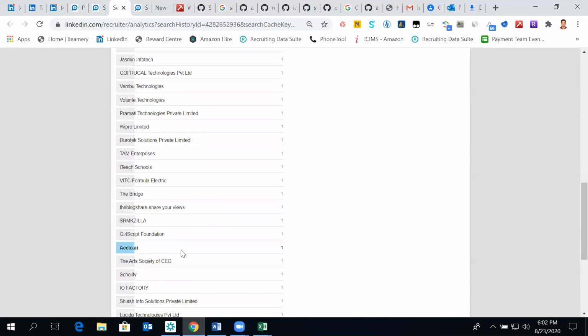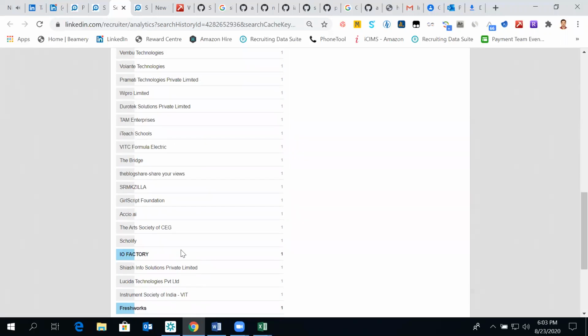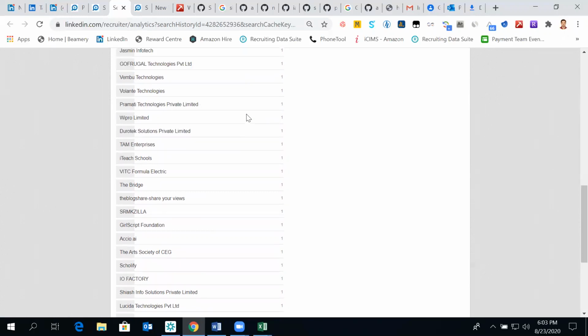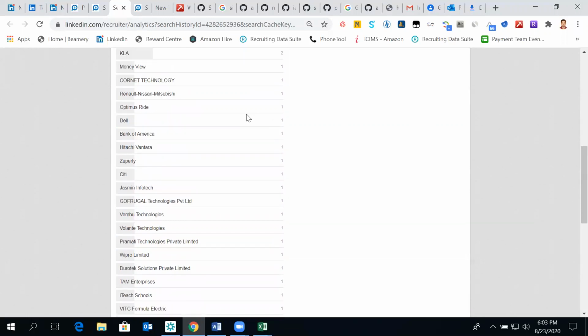So 70% of the candidates whose email IDs were verified are working in this kind of companies, and 30% do not have a LinkedIn account itself. But looking at this kind of company, it is pretty much evident that those 30% are my top-notch candidates who are untouched by other recruiters.